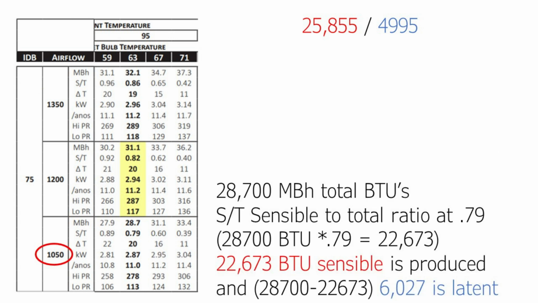Take a quick look at lower blower speed because of high static. You'll see our sensible heat ratio is a 0.79. Now our total sensible removal is 22,673, and our latent removal is now 6,027. Easily take care of the latent removal, but we no longer have enough to take care of